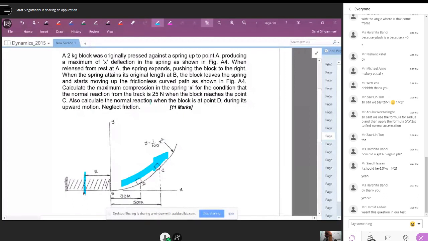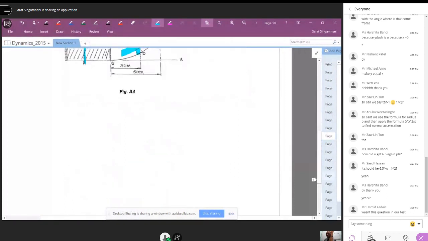Calculate the maximum compression in the spring X for the condition that the normal reaction from the track is 25 Newton when the block reaches the point C. So at point C, you should get a 25 Newtons. What is the compression in the spring needed? That's what we want. And also during the upward motion at D, what is its normal reaction? What you need to do in this case is